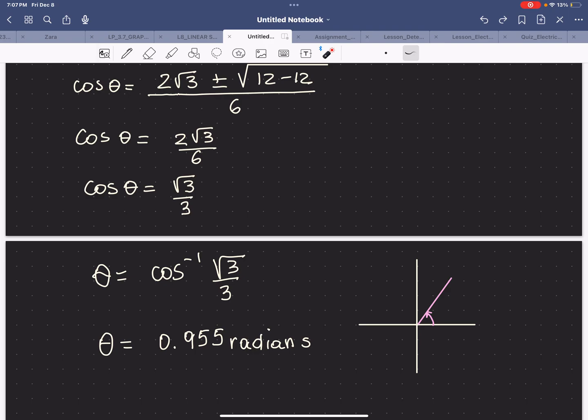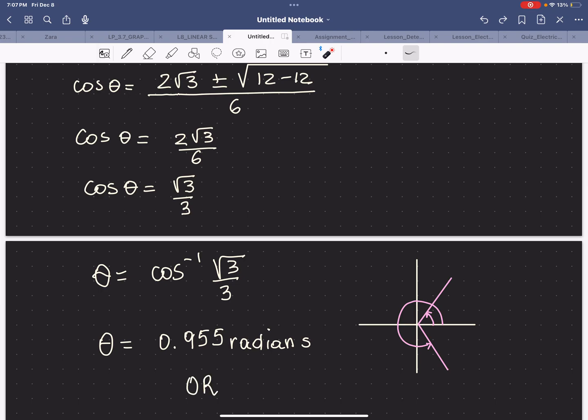Now remember that there is more than one angle that has the cosine ratio of root 3 over 3 within one period, or within 2 pi. And when using cosine, remember that we create the other angle by reflecting the terminal arm about the x-axis. So the other solution will be right here, which makes it 2 pi subtract